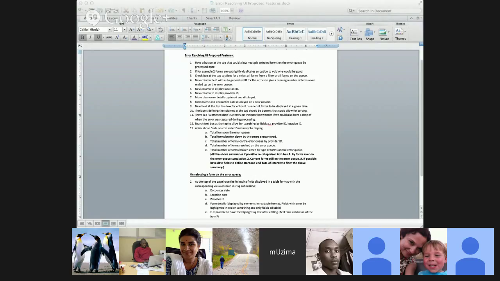Because I think we need to triage the messages one by one because they all are unique. Yes, they are unique. So the reason behind this was I was looking at a possibility where, for instance, assuming I have 5 forms on the error queue, and 3 of them are probably dispensary forms that all have provider ID related issues.